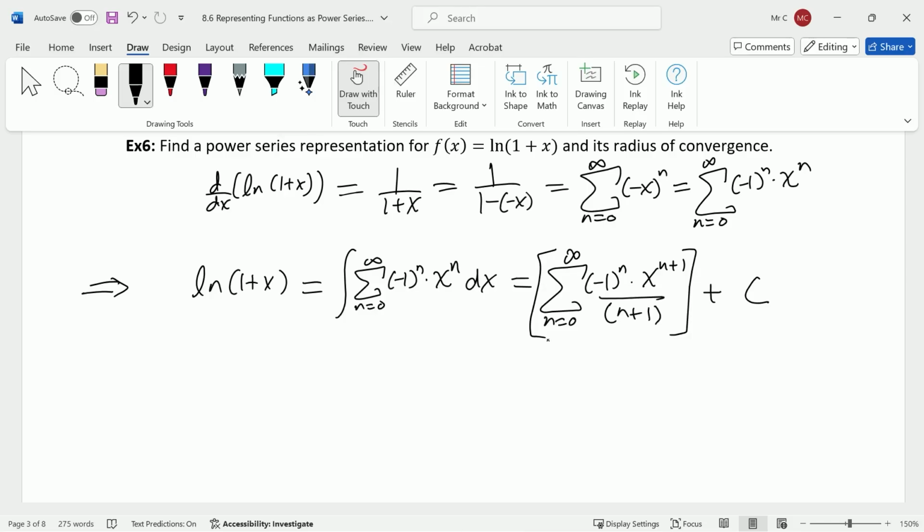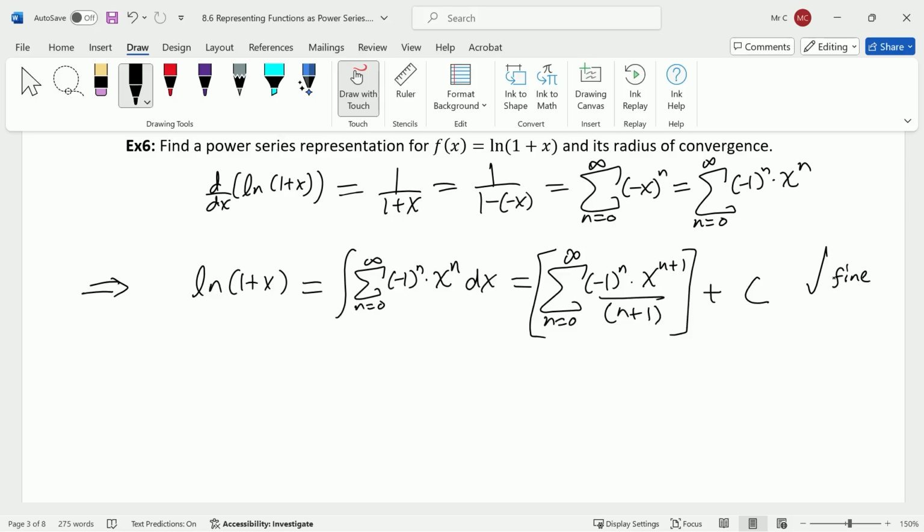Okay, now this is totally fine. I would accept this answer if I asked a student to show me the power series representation for ln of 1 plus x or ln of 2 plus x or whatever. I would totally accept this answer. Not a problem at all. You should leave it in this form. That would be great. However,